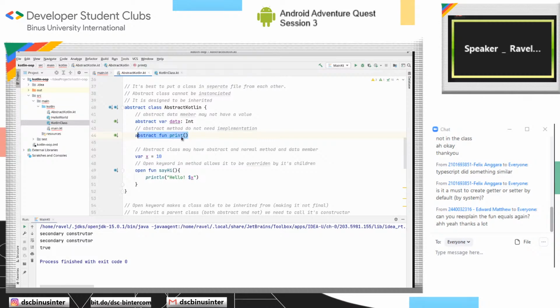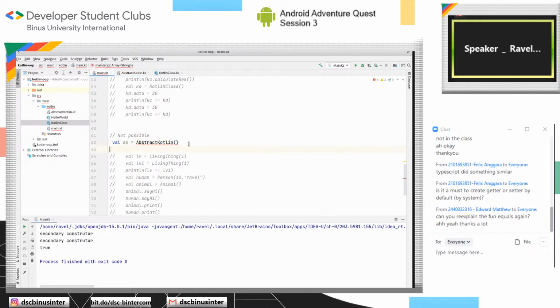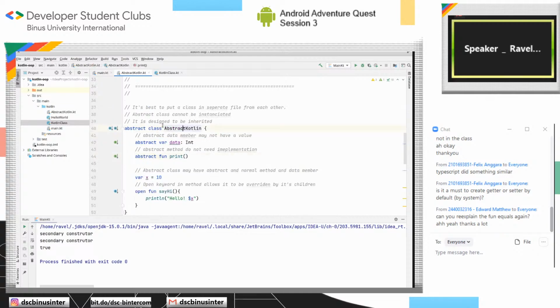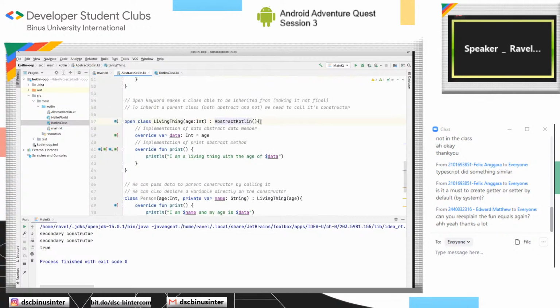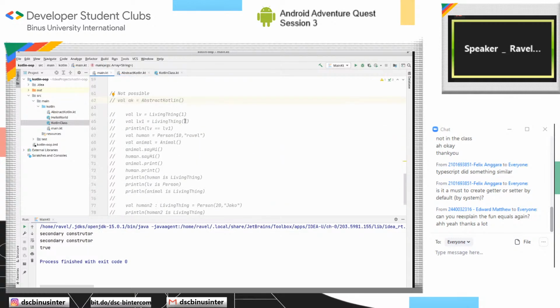So you cannot create an object based on an abstract class. You need to create an object based on the children or inherited class from the abstract class. For example, here we have AbstractKotlin, and then LivingThing extends AbstractKotlin. You can instantiate a new object based on LivingThing, but you cannot instantiate a new object based on AbstractKotlin. Okay, now let's create